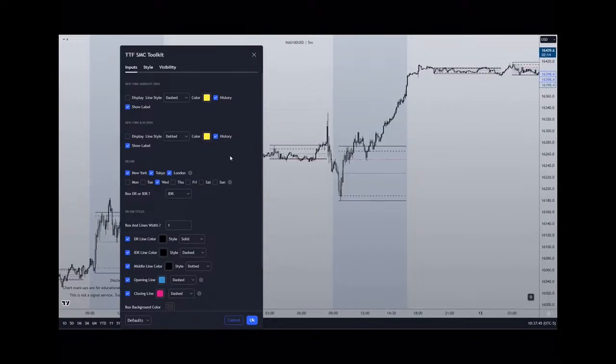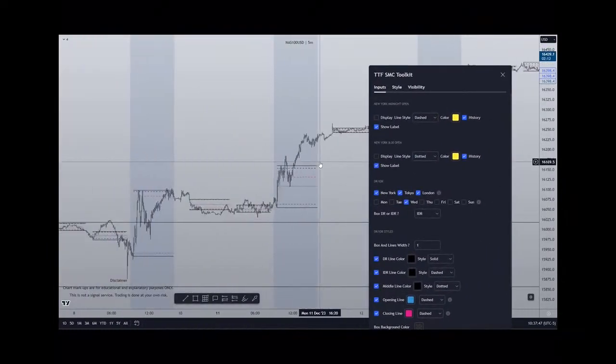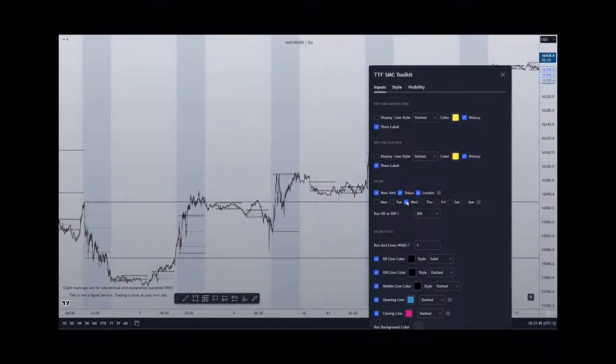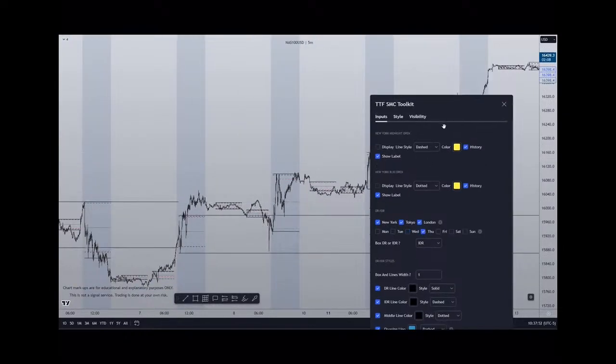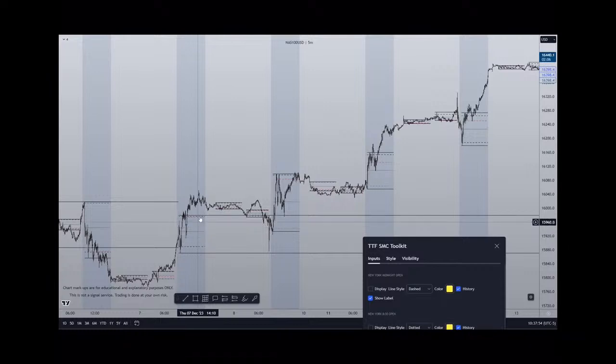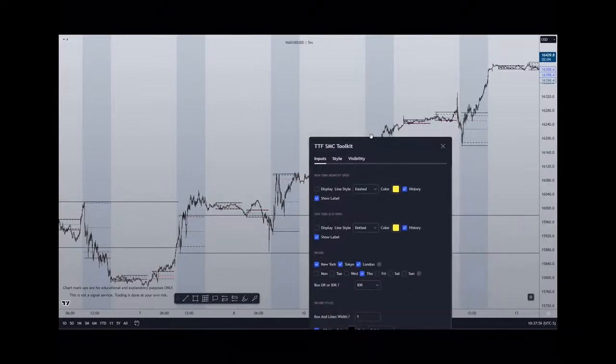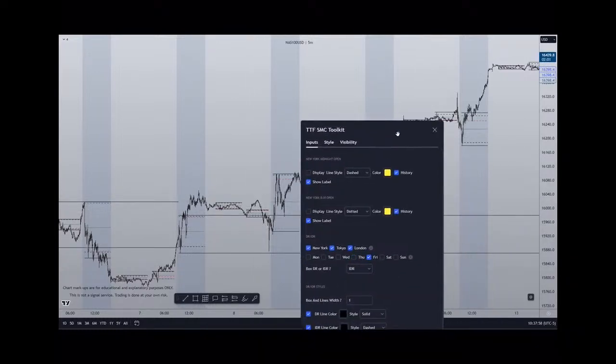Price respects these levels. This DR extension functionality is here to help you backtest what works best for you with the asset that you trade. So whether you like extending yesterday's DR levels no matter what day of the week yesterday is, or you like picking one day out of the week to drag out till the following week, the toolkit will now draw those